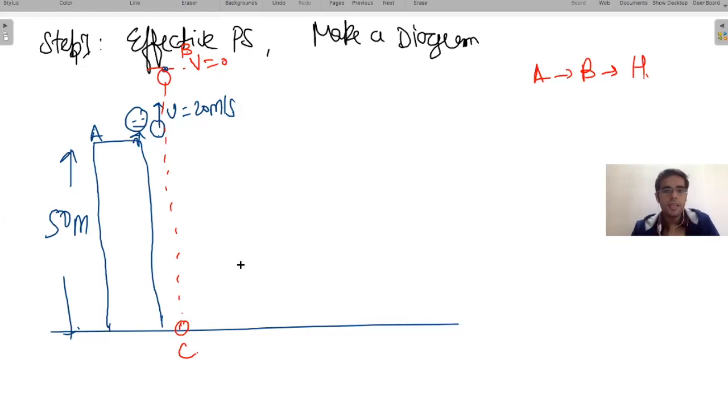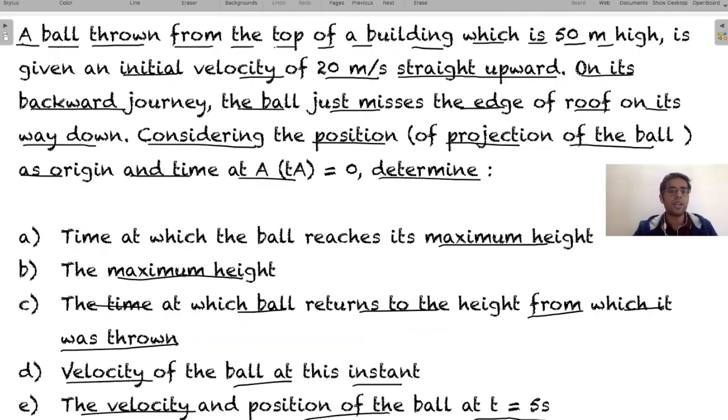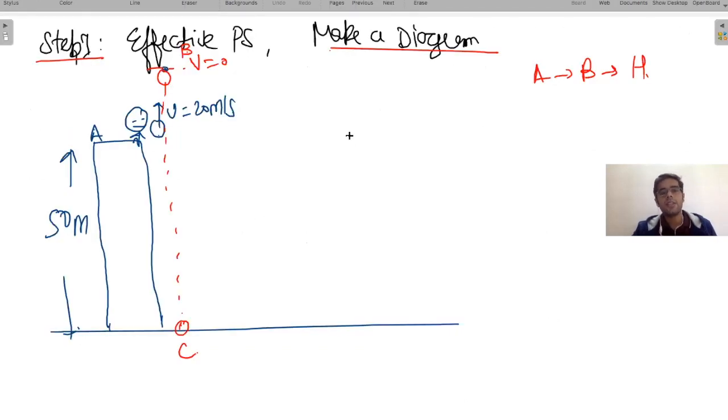Okay. Now once we make a diagram, the entire picture of the question gets cleared. What it is asking, what is given, what is not given, everything becomes clear if we make a diagram properly. So step 1 is make a diagram. Without a diagram, don't start the question in physics when you're learning for the first time. In exams, if you are very sure of the diagram, then you can avoid this because it takes some time.